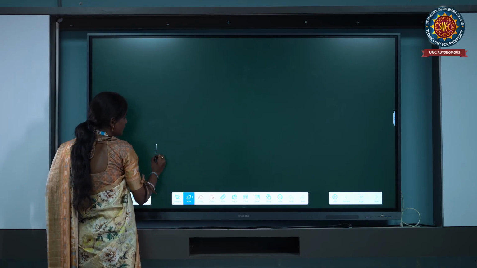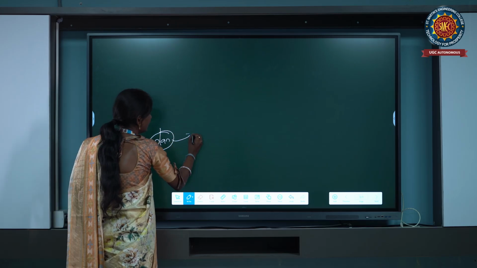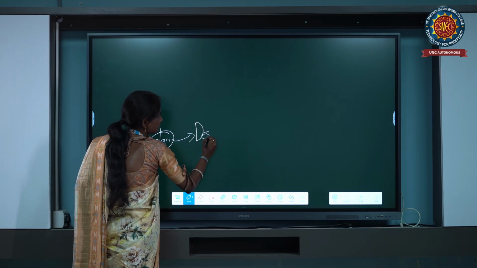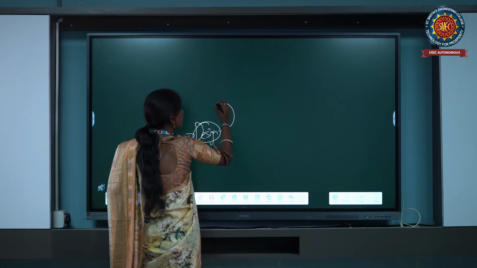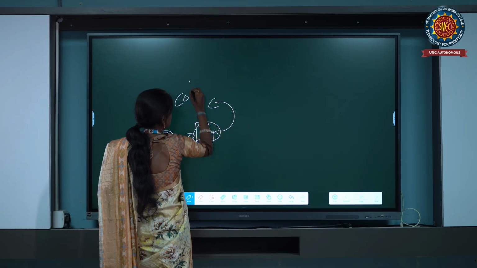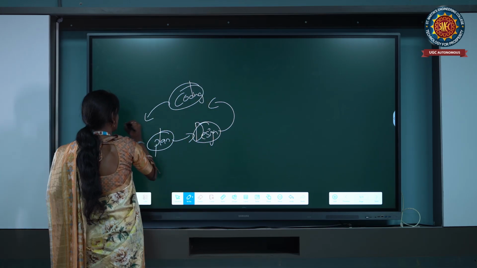For example, here we will be doing the plan, then design, then coding is done, then deploying is done.